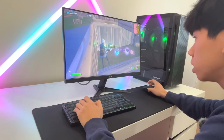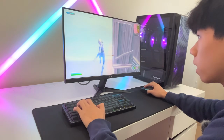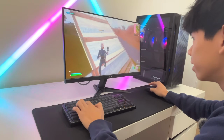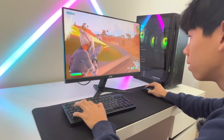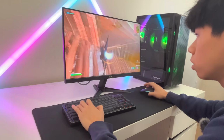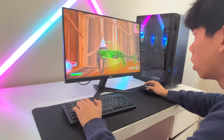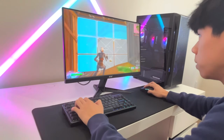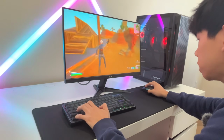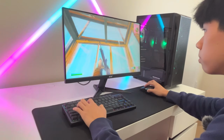This fan noise also doesn't get louder as time goes on. I was expecting that thing to get a lot louder, but it did not. There's no way I just missed all that. Oh, he blanked this. Oh, what the frick? All right, we're running a consistent 180 FPS now. So I don't think the PC has any problems once we're in the end game and everything. And the PC is keeping really cool as well. So the PC is actually running a lot better now. I'm not sure what happened before, but